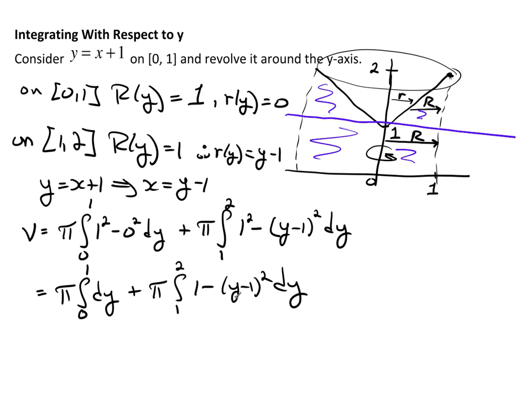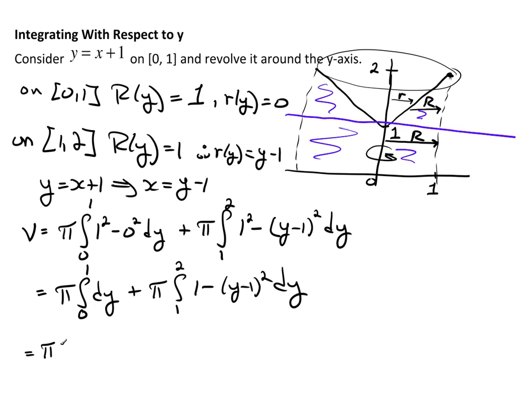Now I could expand this, but I'm not going to, because I know if I do a U-substitution, if I let u equal y minus 1, then du is going to simply equal dy. So when I substitute back in, it's y minus 1. So I can integrate this without a U-substitution. I just know the way it's going to be. It's pretty obvious. So if I integrate this now, I'm going to end up with